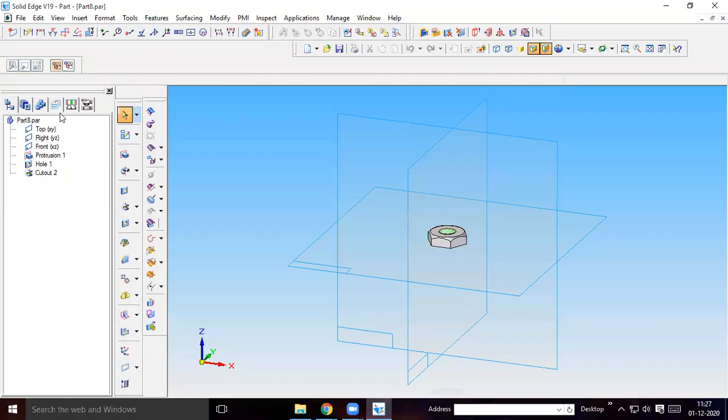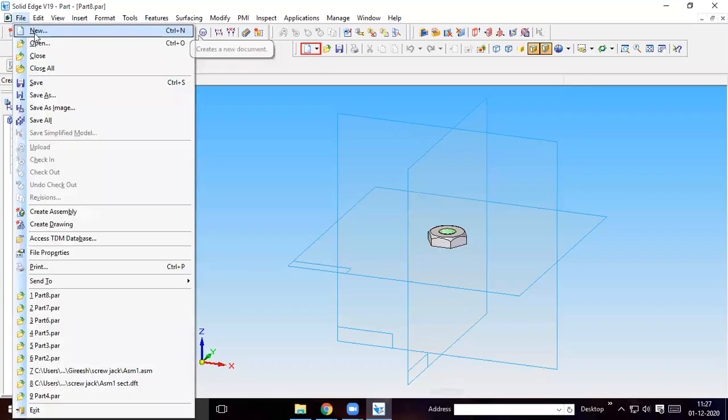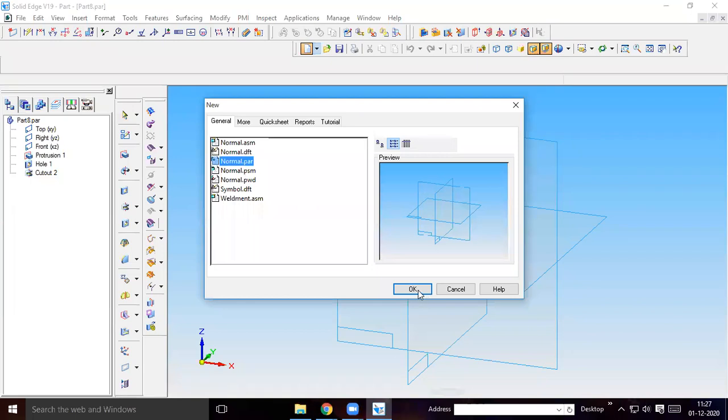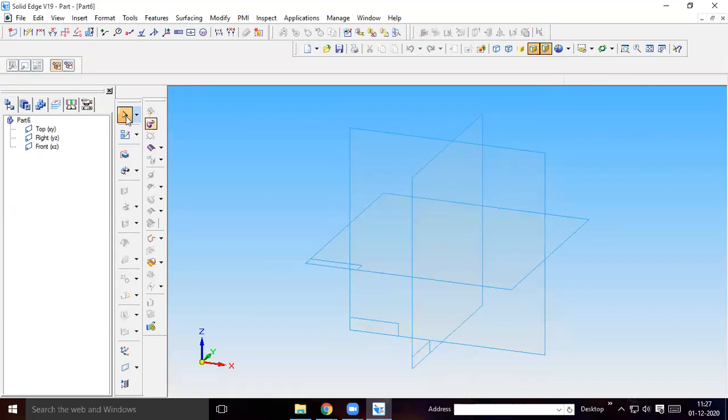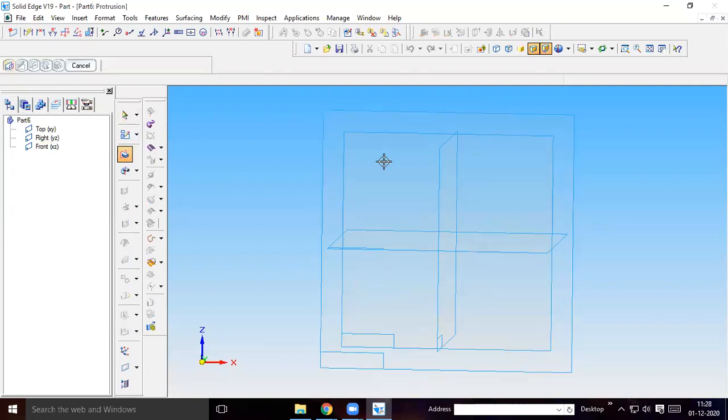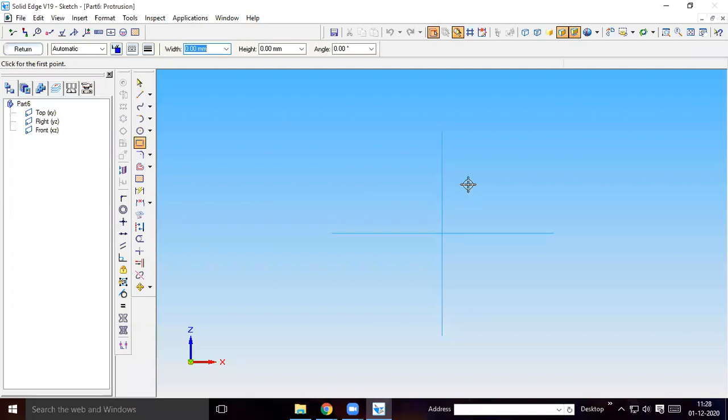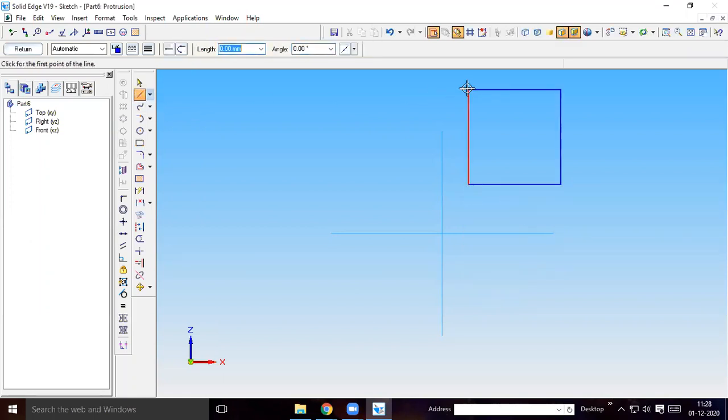Okay, first you draw. Go to file, new, part drawing. Select the front plane, normal protrusion front plane, and draw a square of 50 into 50 at 0. Then place this at the center.